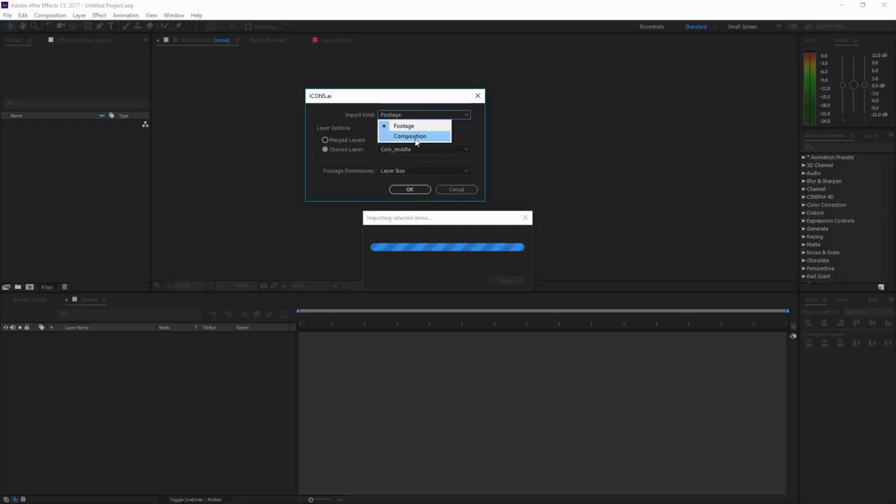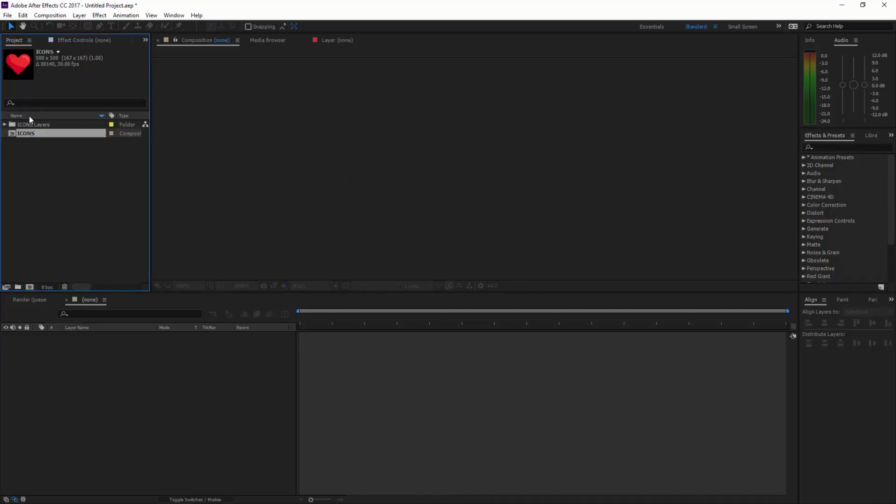So we're going to change the import to composition. And here you can select between the layer size or the document size. Now, because we're working on a square, it is better that you go to document size, because all your anchor points are going to be on the center. But if you're working on different shapes, for example, if you have a small shape on a bigger canvas, then you should probably pick layer size. For now, we're going to go to document size, because that's going to be okay,